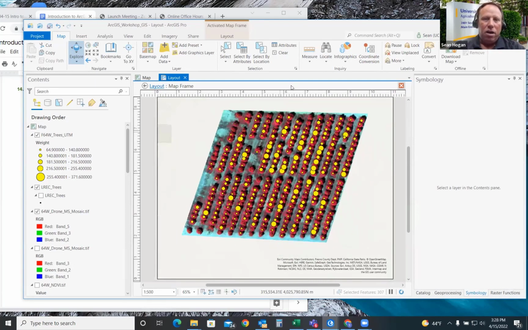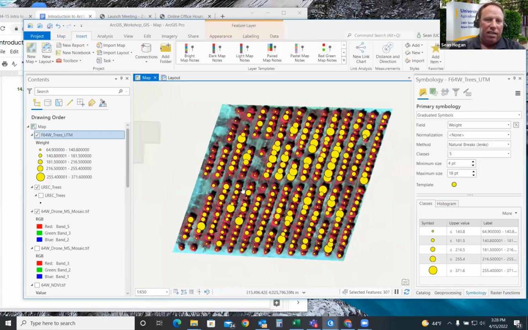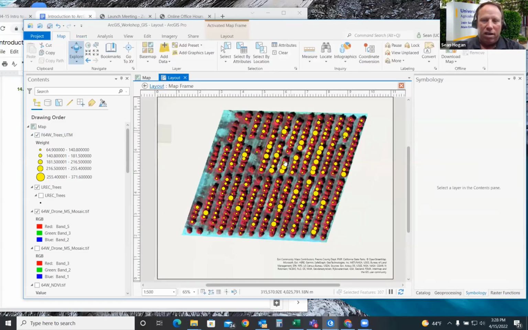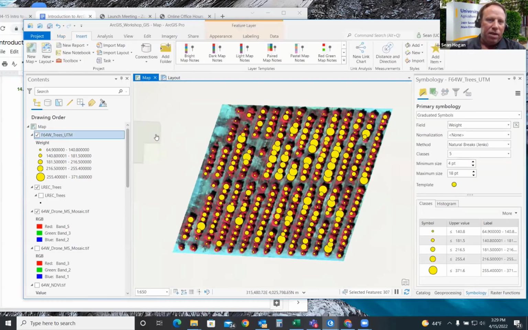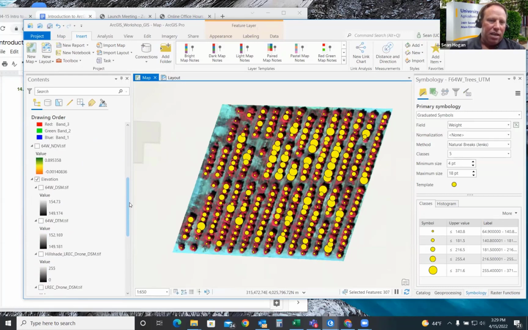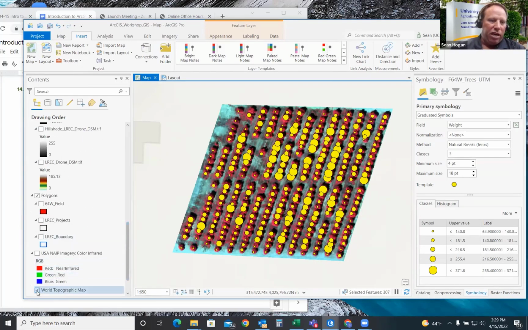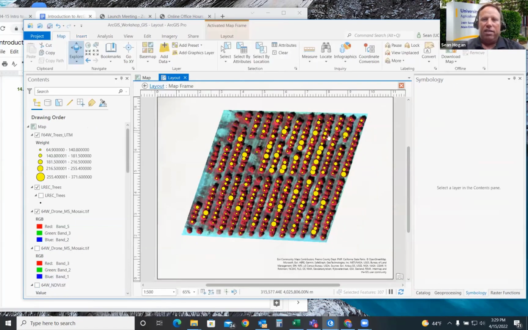Good. Note that any changes again on this level are going to be reflected on the map here. So what I might want to do is, I'm nitpicking here, you see the little structure in the base map right here. It's kind of, I don't know, not ideal. We can get rid of that easily by going down to the bottom and turning off the world topographic map. So it's just a nice clean background. When I go back to the layout view, it's just nice and clean.